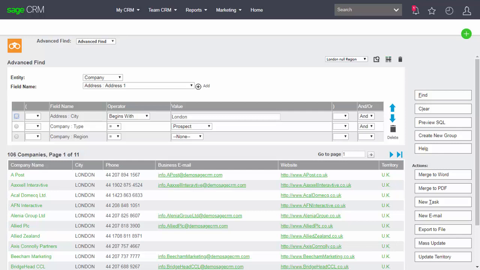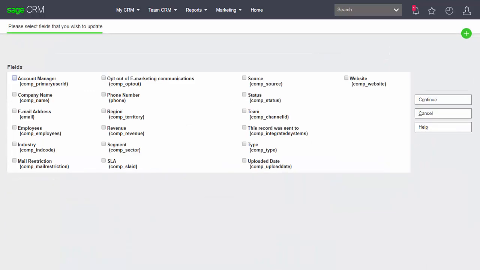search, and this is using the idea that we can use mass update to allow us to complete or fill in gaps reasonably within the data. Here, for example, I can now carry out a mass update. Here we can select the field that we're interested in, and you'll notice that the fields include the ability to change not only text data or selection lists, but also information like the assigned user or the email address or